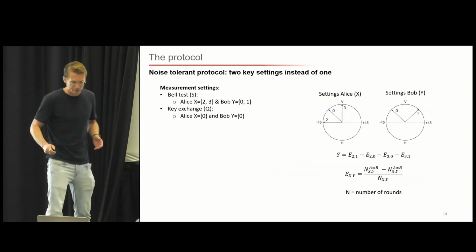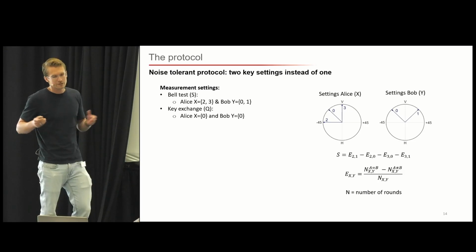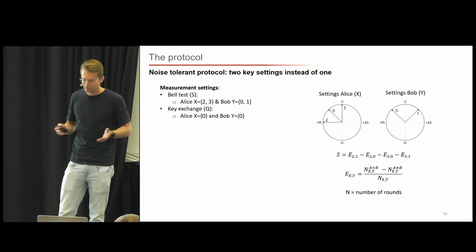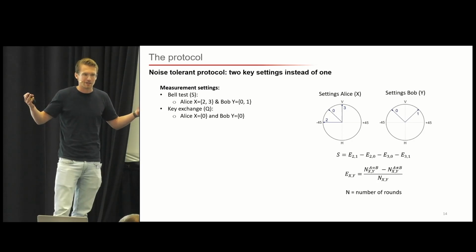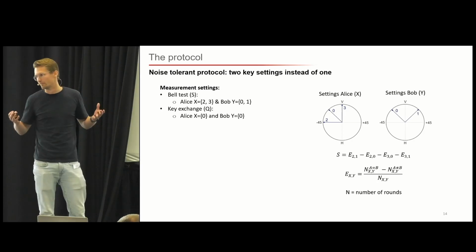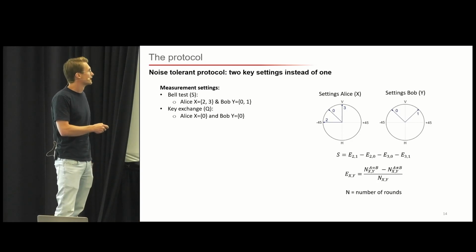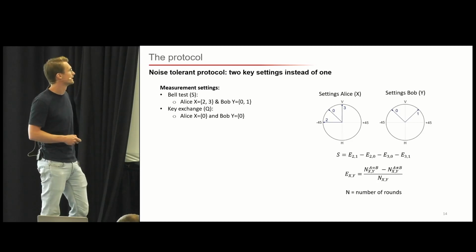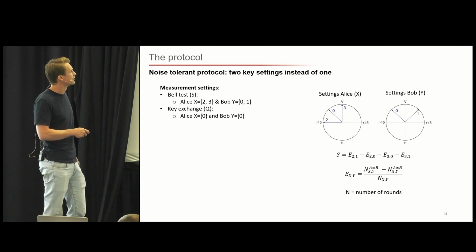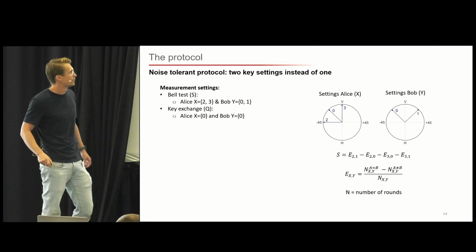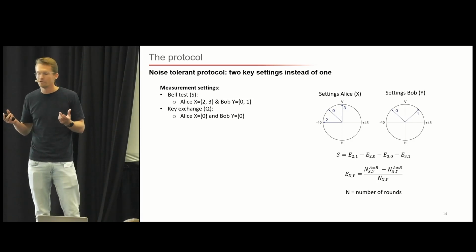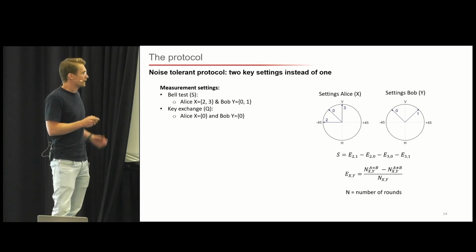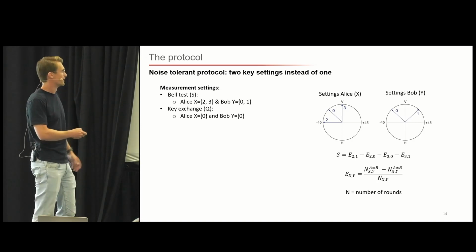So then about our setup. What was the protocol that we implemented? For the original DIQKD, you generate an entangled state, and the 2 users, Alice and Bob, measure this state. Alice has 3 different settings, and Bob has 2 different settings to measure the state, of which settings 2 and 3 for Alice, and 0 and 1 for Bob, are chosen such that they maximize the violation of a Bell inequality. And they're also used to evaluate this Bell inequality.